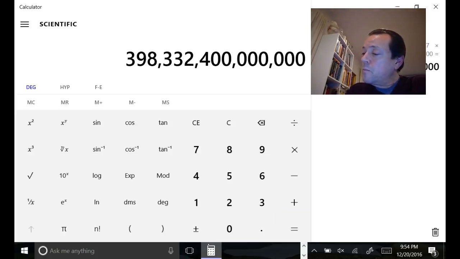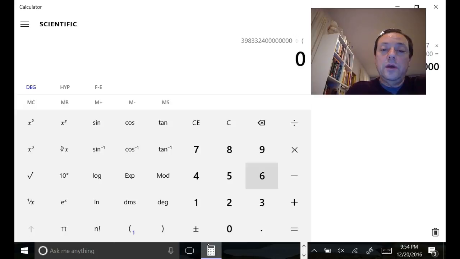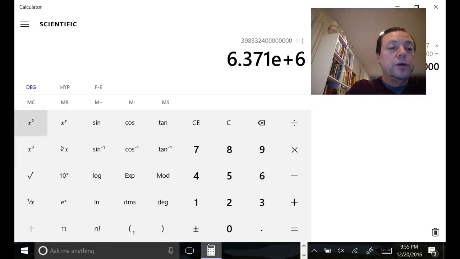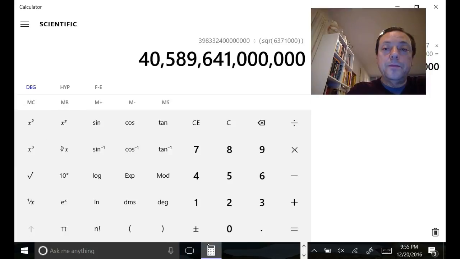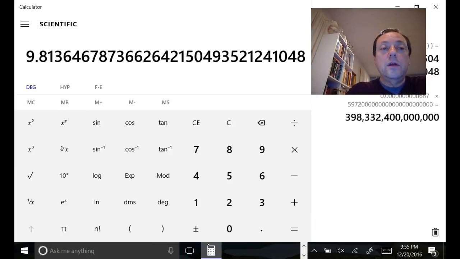Okay, and the radius is going to be 6.371 to the 6th. We're going to square that, and look at that. We get